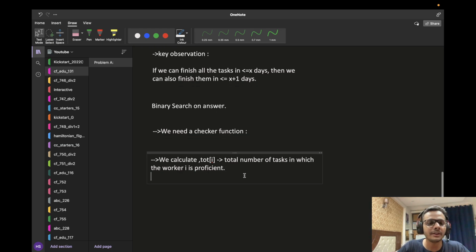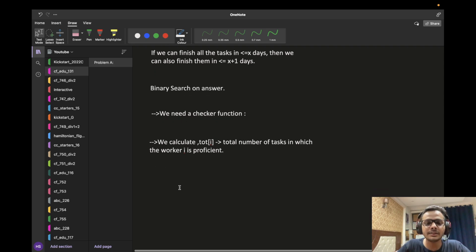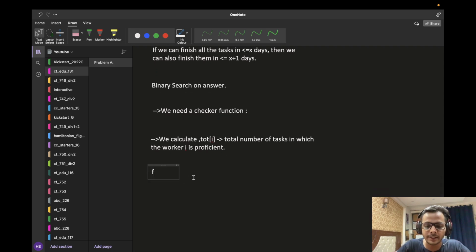It is pretty trivial to calculate it. We can just calculate it in linear time. So now I'm assuming that we have this array calculated, and now let's try to find out a checker function. So let f of x denote